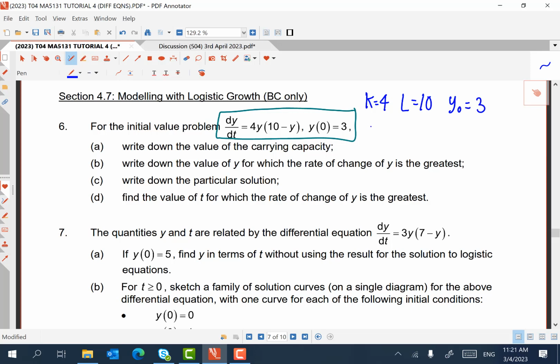And then you want to remember the solution that y is equal to y0 L over L minus, e to the power minus k, plus